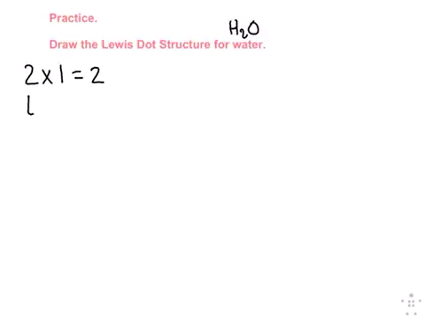Oxygen has 6 valence electrons. In the compound, we would then have a total of 8 valence electrons. So when you draw this, you need to make sure that you have 8 valence electrons, or 8 dots,